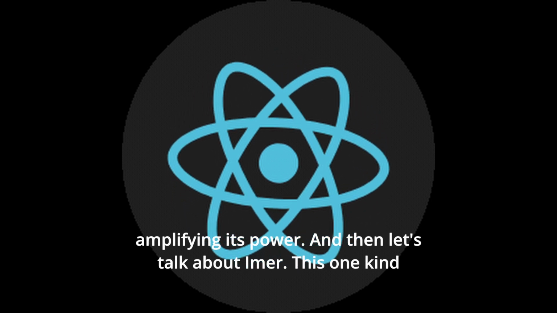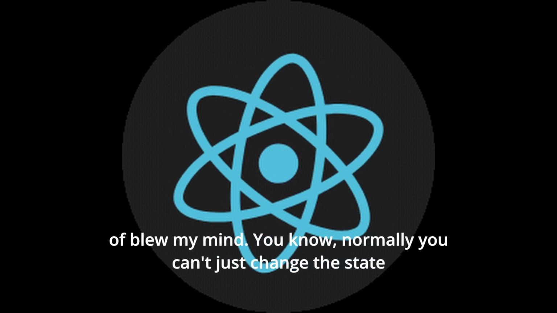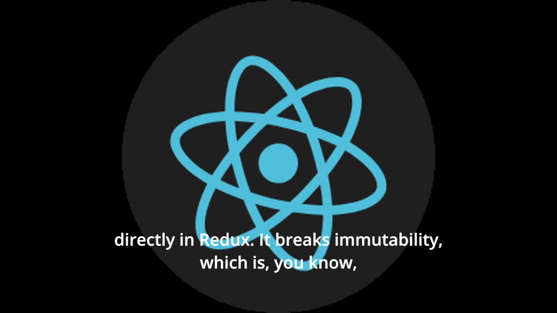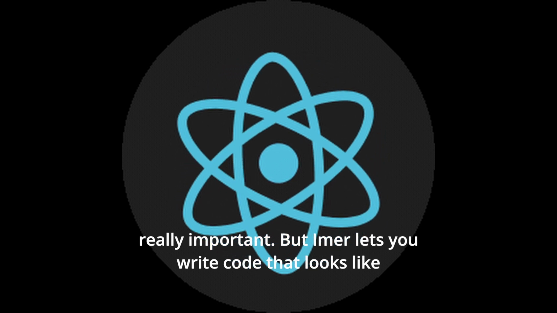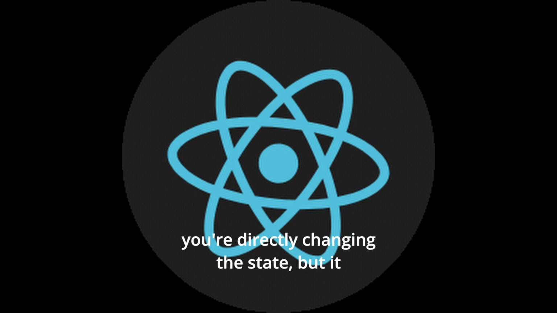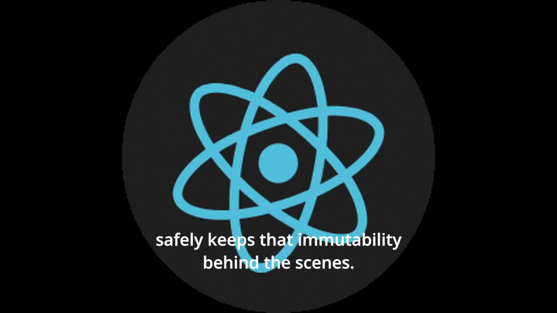And then let's talk about Immer. This one kind of blew my mind. Normally you can't just change the state directly in Redux. It breaks immutability, which is really important. But Immer lets you write code that looks like you're directly changing the state, but it safely keeps that immutability